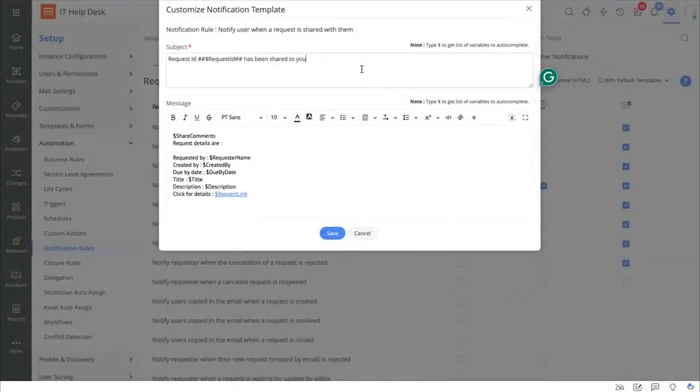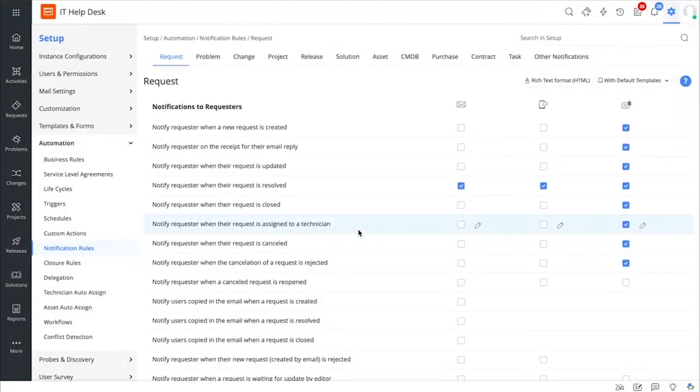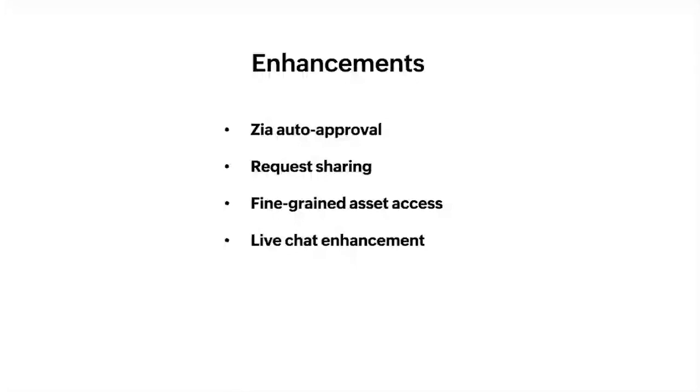You can add in the notification subject, add in the notification content, and again utilize the dollar variable to pull in specific ticket details. So that was about how you can help your technicians collaborate better for a faster fix of different incidents or faster resolution. Going back to the deck, we'll see how you can set up fine-grained access controls for the different